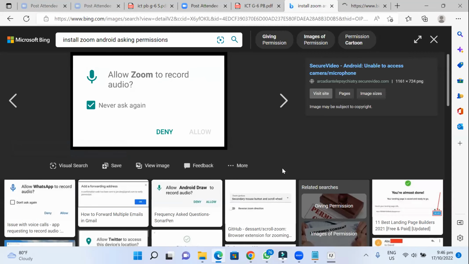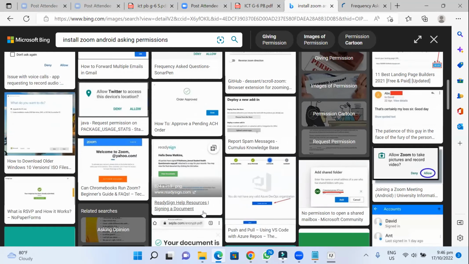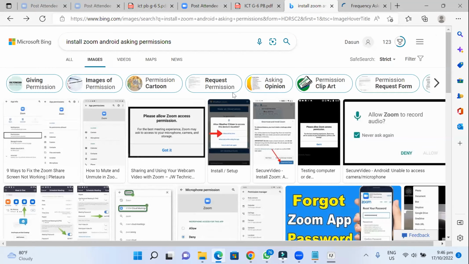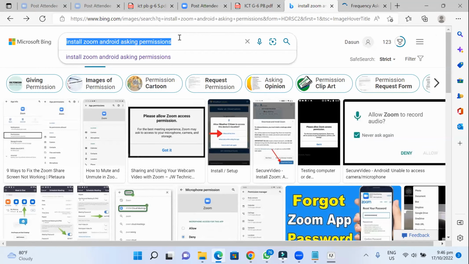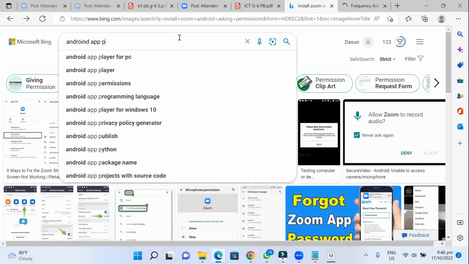Here, allow Android to record video, record audio, allow access to the camera. Likewise, different messages come sometimes. Different applications have different privileges. Let's see Android app privileges.